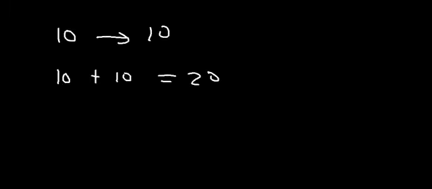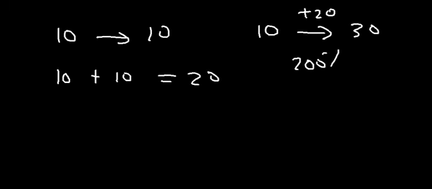Let's look at when it triples, when we said r was 200%. For something to triple, 10 times 3 is 30, so that means it tripled. But it increased by 20. 20 is 200% of 10. So when something triples, the increase is 200%. So if we use this equation,